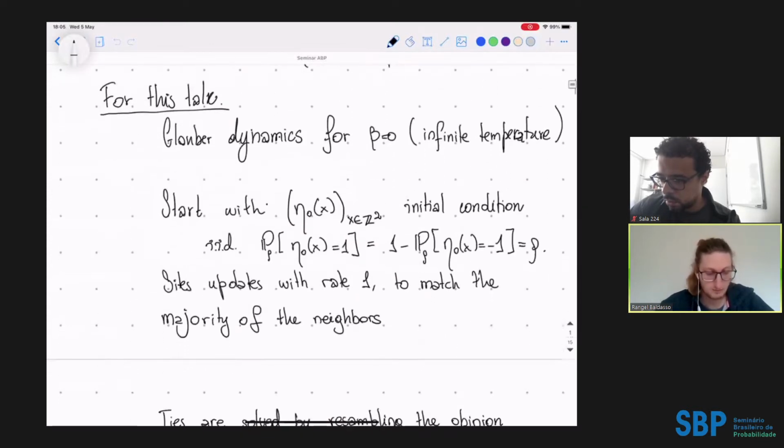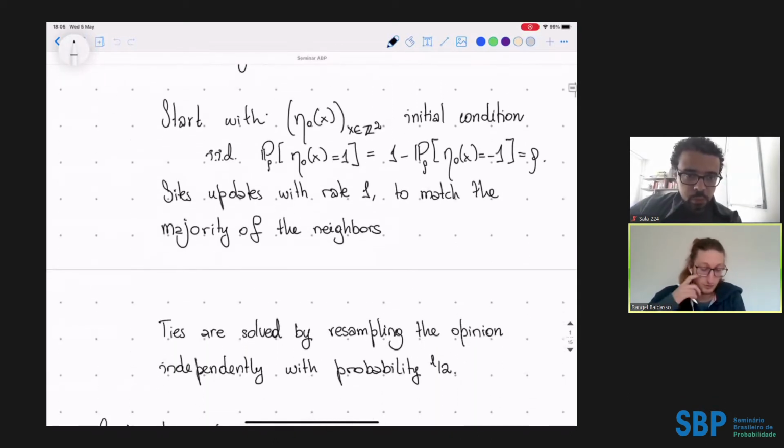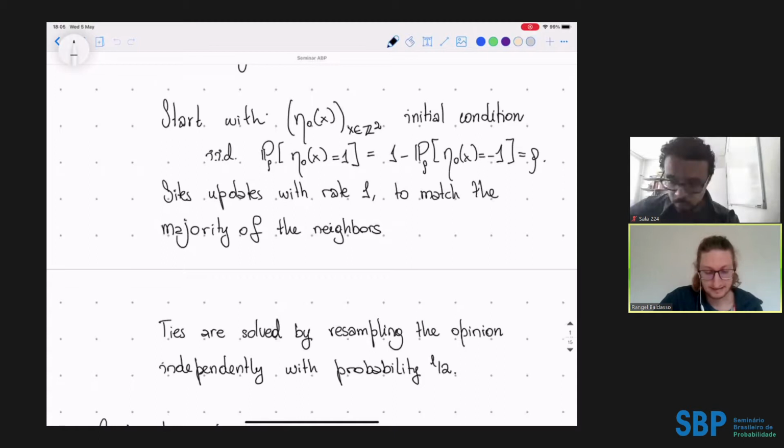And for this talk, I'm going to focus on Glauber dynamics for beta equals 0, so in the infinite temperature case, because it's a simpler case for us to analyze here. So let me quickly start to define this process. First, we will start with an IID initial condition with some given density rho. So with probability rho, a given site starts with opinion 1, and opinion minus 1 with probability 1 minus rho. And each site will then update with rate 1, and it will match the majority of